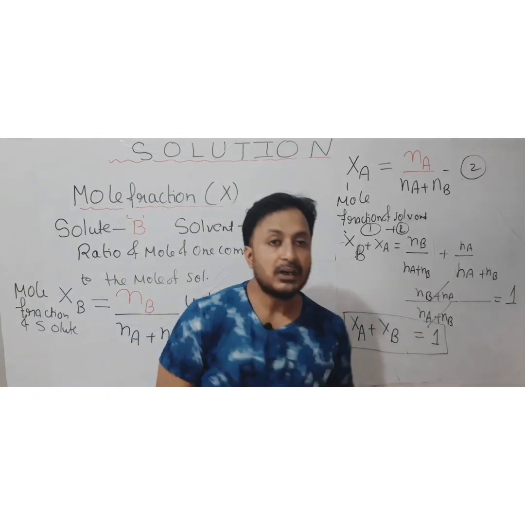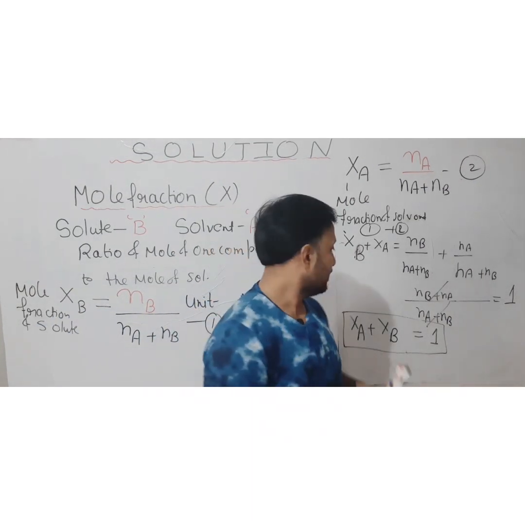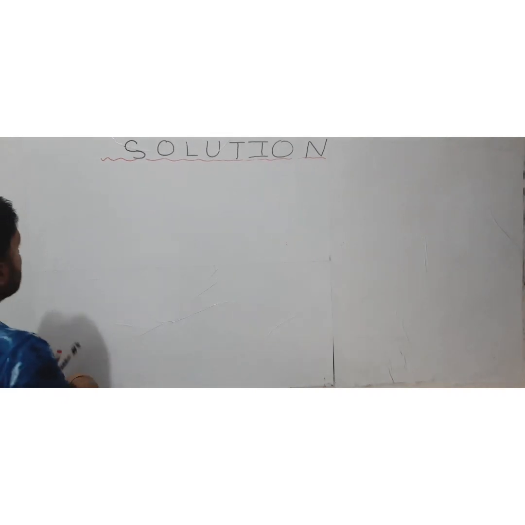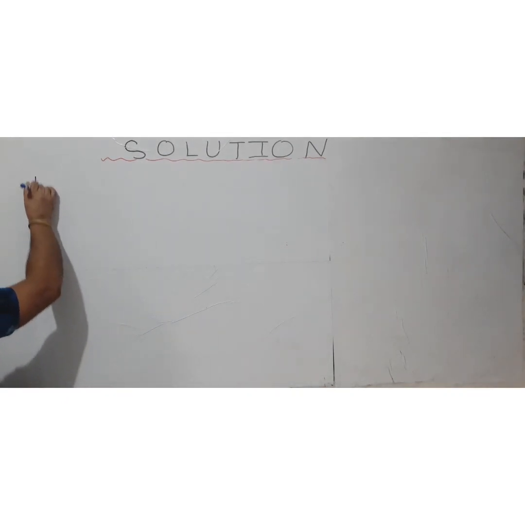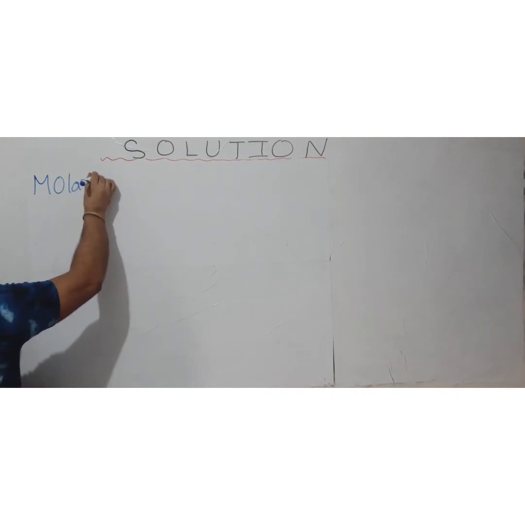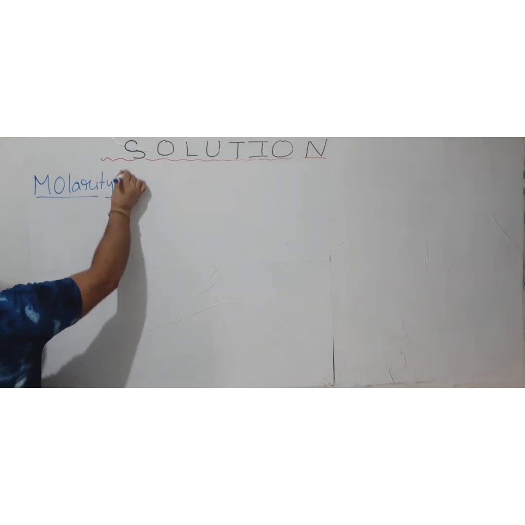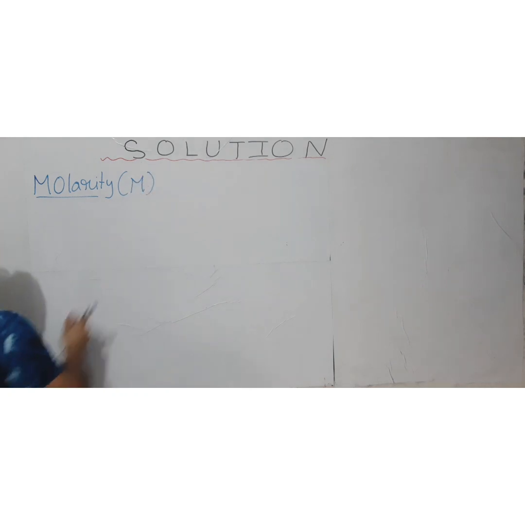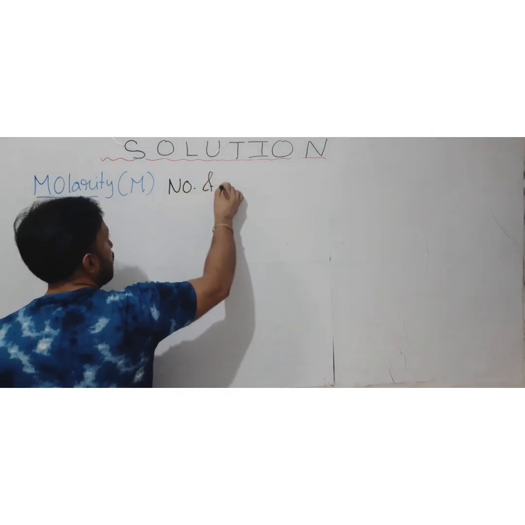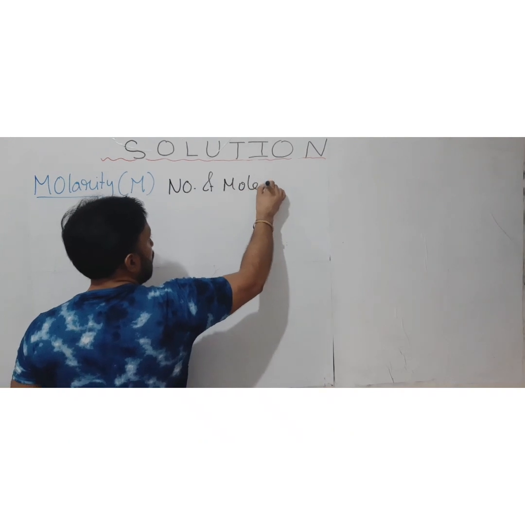Now we are going to see the second term to measure the concentration of the solution, and that second term which we are going to study is molarity. Very important, molarity. Now what is this molarity? As already told you, it is denoted by capital M. Molarity may be defined as the number of moles of